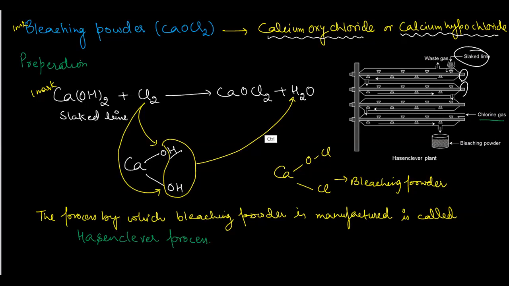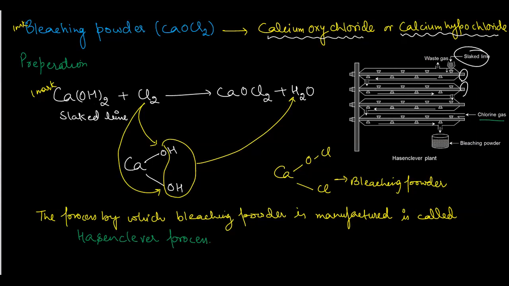I have represented this with an arrow. And this one O, and two chlorine atoms are there. One chlorine atom gets attached with this, and one chlorine atom attached with this, this way: CaOCl2. This is called bleaching powder. A 1 mark question can come on the preparation, how bleaching powder is formed. When we have slake lime and we pass chlorine gas to it, it simply gives you bleaching powder, that is calcium oxychloride, and water.